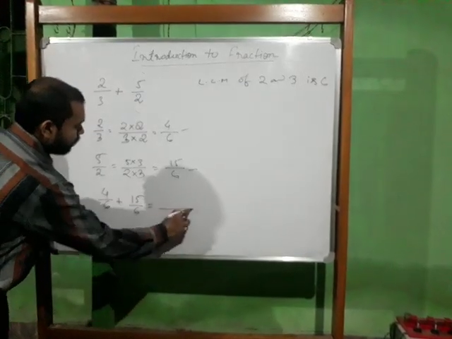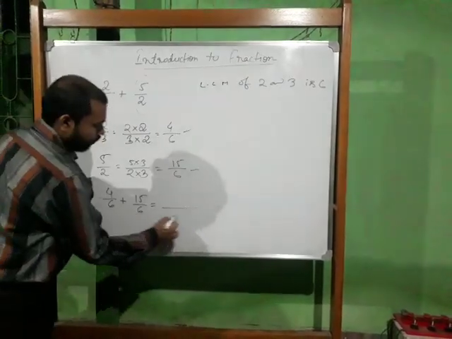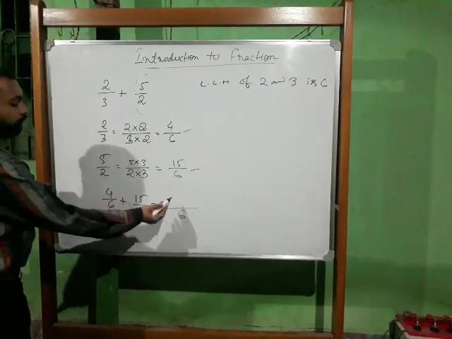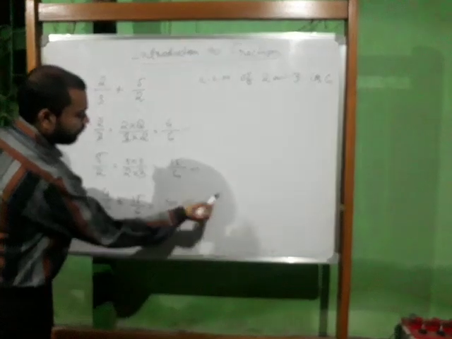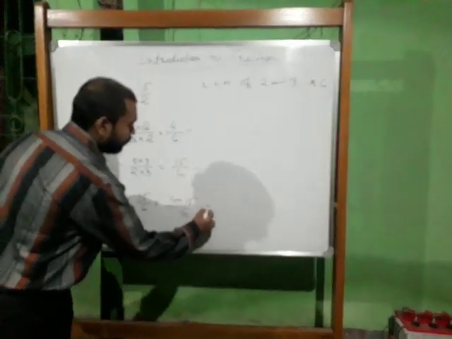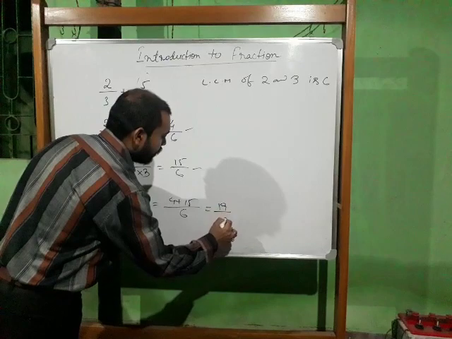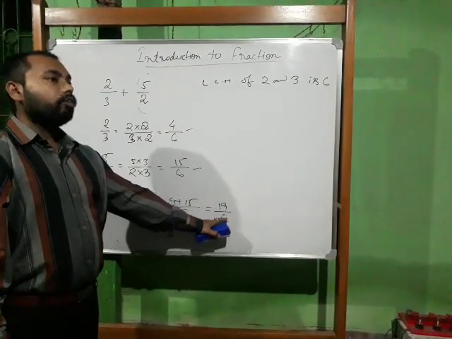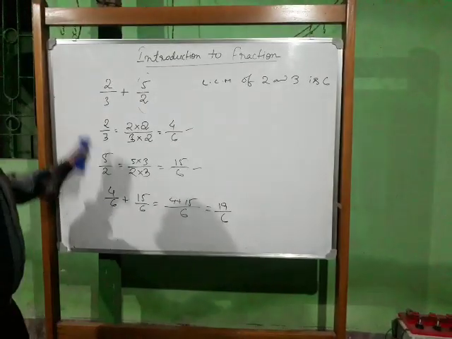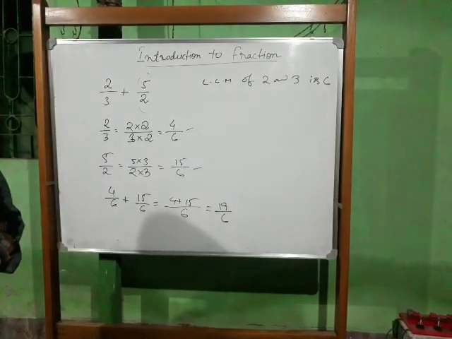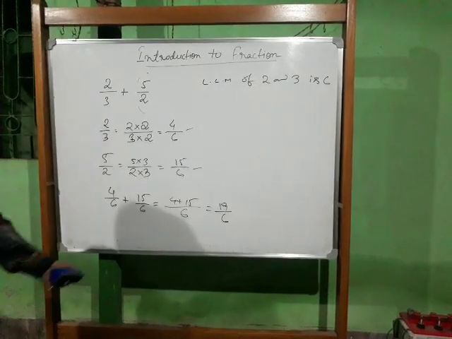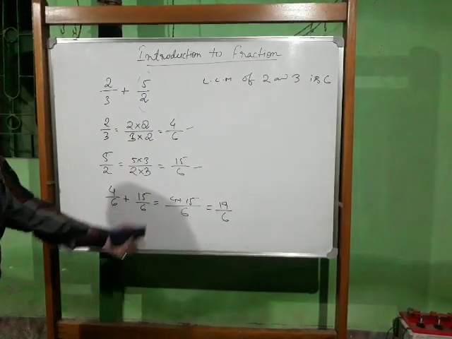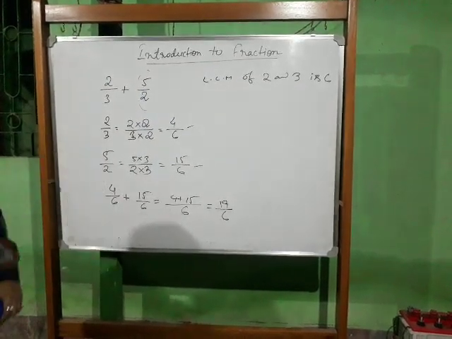Now it will be very easy. Since the denominators are the same, we will write here 6, because denominators are equal. Now at the numerator, what will we write? 4 plus 15. Okay. Now what is the result? 15 plus 4, it is 19 by 6. So this is our answer, 19 by 6. You can convert this into a mixed fraction also. Okay. So in this way we can add two fractions. Again the subtraction is the same process. Here plus is there. If it is a minus sign, then we have to do minus. This is the thing, addition and subtraction.